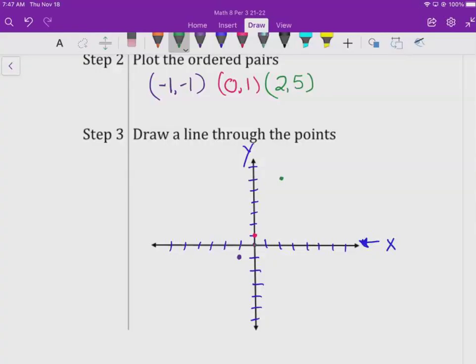Then we're going to use a ruler, because anything drawn without a ruler is going to be a very, very, very sad thing. And yes, mine are not perfect because I didn't use a real graph. And these lines are so hard to draw in OneNote, and I apologize. All right, that is page 1. So go ahead